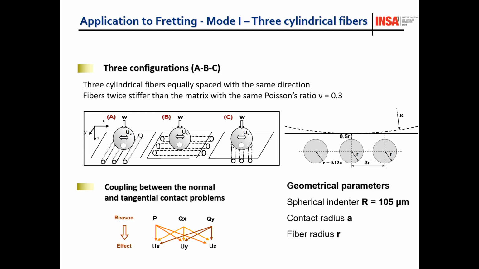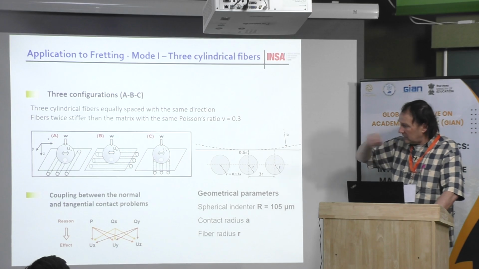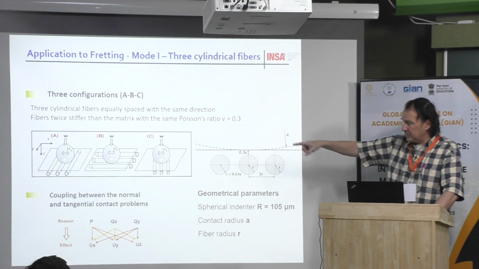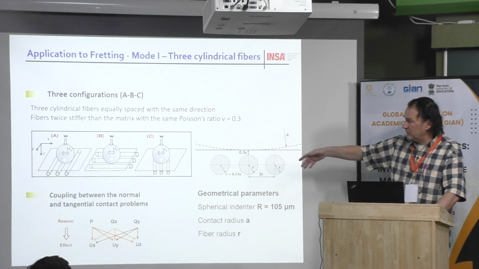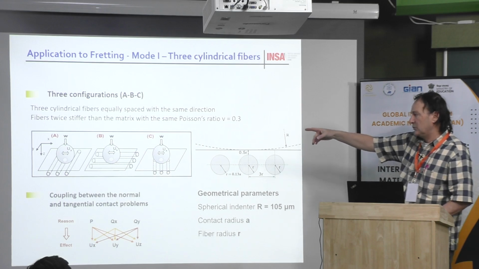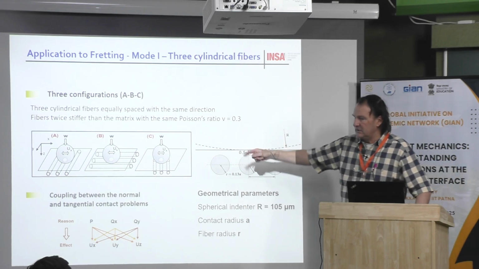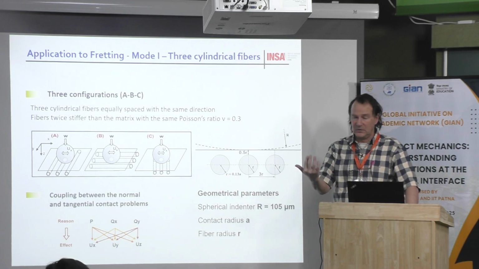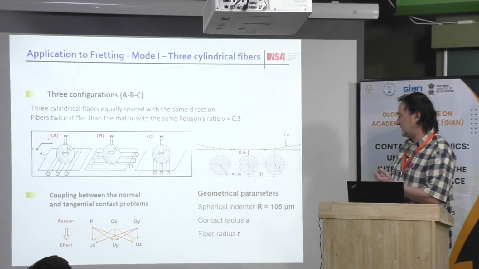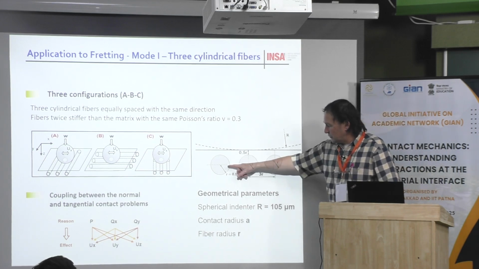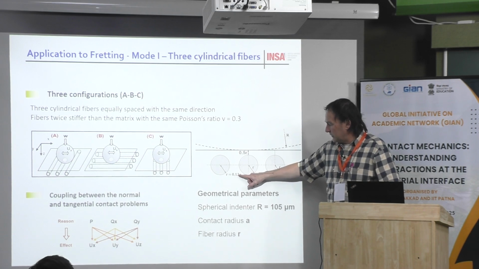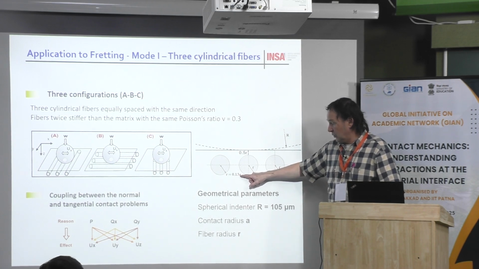And now I would like to show you, just to have an idea, what happens when you have some fretting contact. It's very academic, so we have only 3 fibers. In the first case, A, they are perpendicular to the contact movement. In case B, they are along the movement, because the movement of the sphere is along the x direction. And for C, they are normal to the surface. Just 3 fibers to illustrate that. And these are the dimensions. You can see here that the inclusion radius is 0.13 times the contact radius, which is quite small.